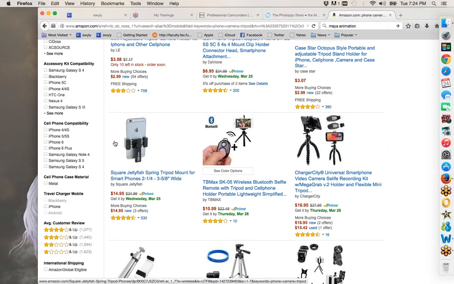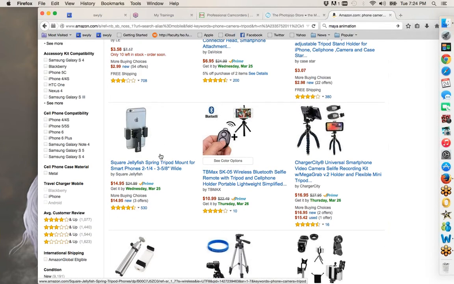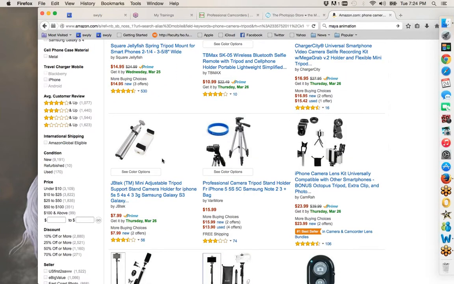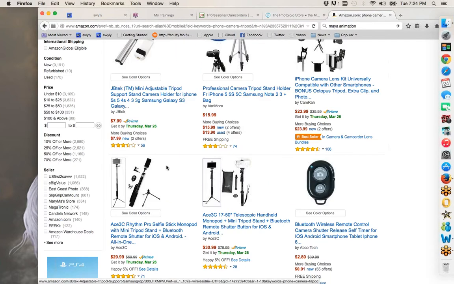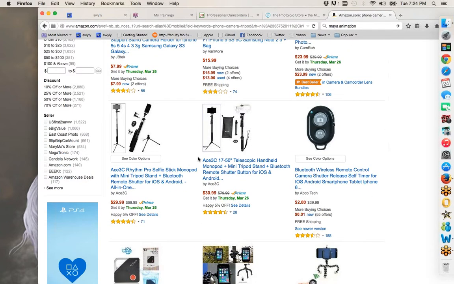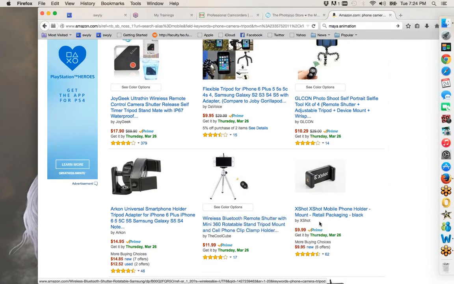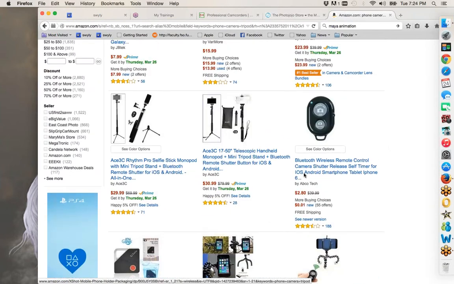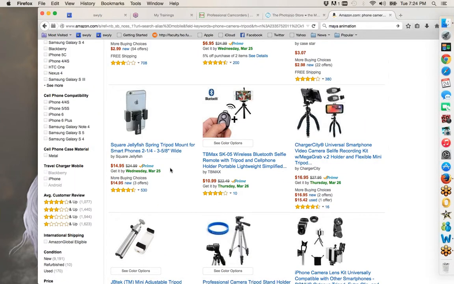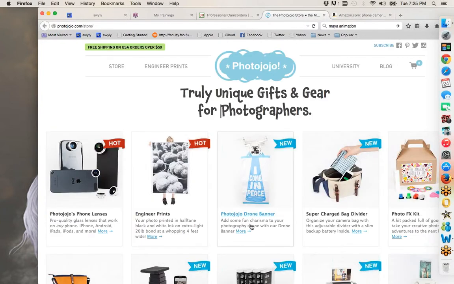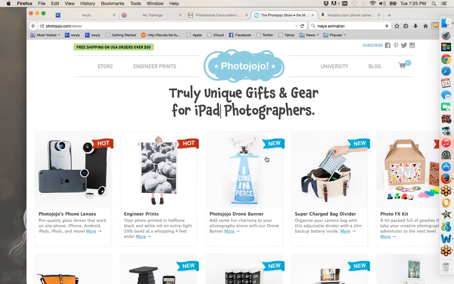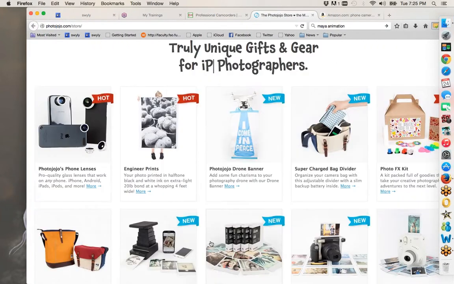And what it does is it allows you to attach your phone directly to a tripod and turn it into a workable camera. And we're seeing more and more of this come out. And as you can see, they're not terribly expensive. This one's $14.95. Some of them are a little cheaper. And you even have companies like this one, PhotoJojo. Again, I don't own them, don't get any revenue from them,